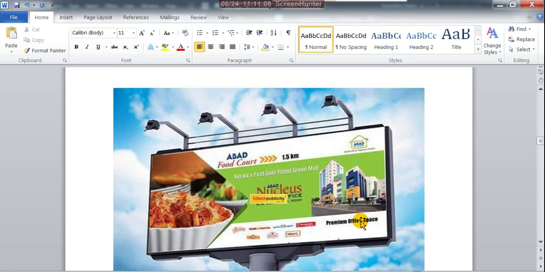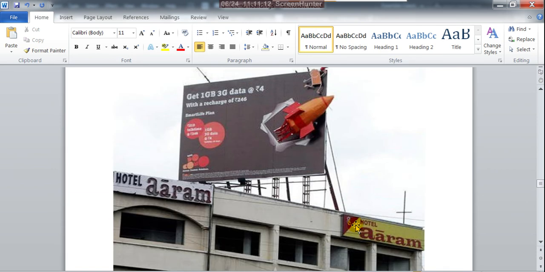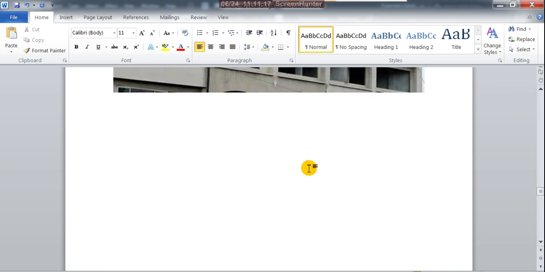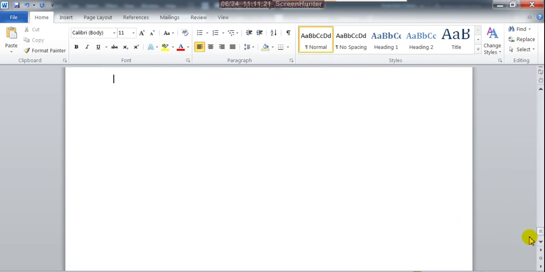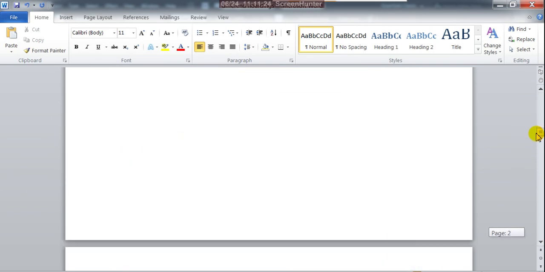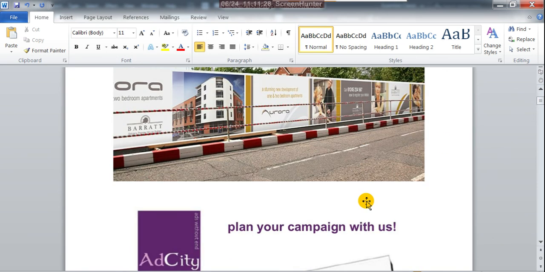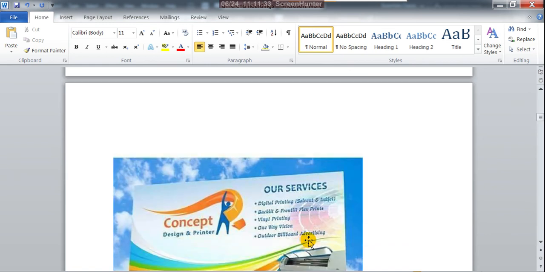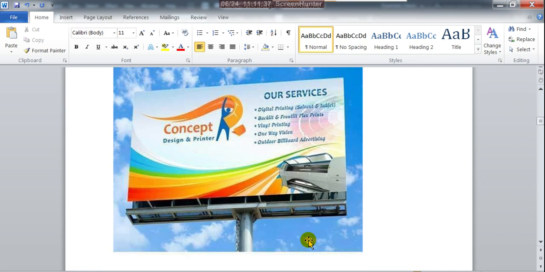Here we have a horizontal hoarding, and somewhere this is almost square, a bit rectangle, but sometimes vertical hoardings we can also see. So it depends on the client requirement and the available space, and you have to design for that. You can plan this, and for today I can also plan myself on which product and which brand we are going to design a hoarding.